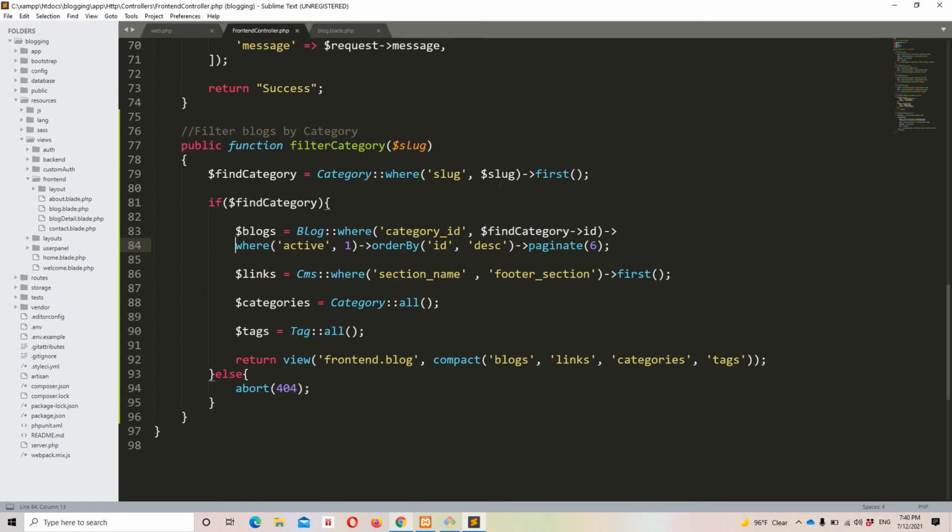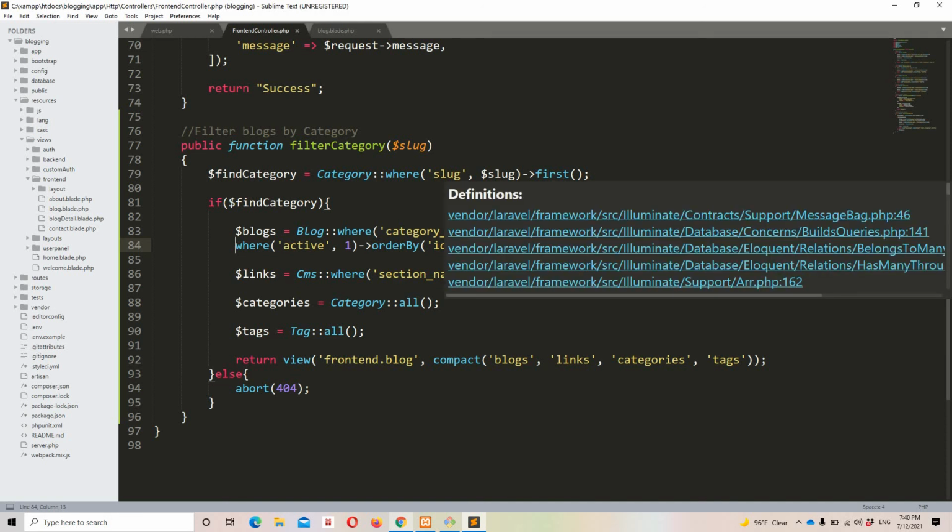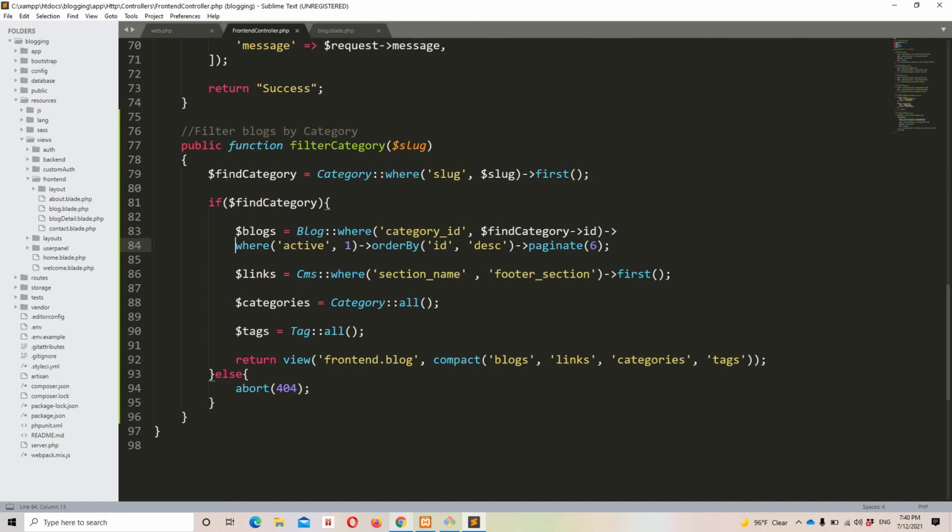Okay, so yeah, it's really simple. If in any case we have any sort of duplication, we are going to get the first one. We got the category, then we placed a condition on whether we have any specific record or not. If yes, we will proceed further. If not, we are going to show a 404.